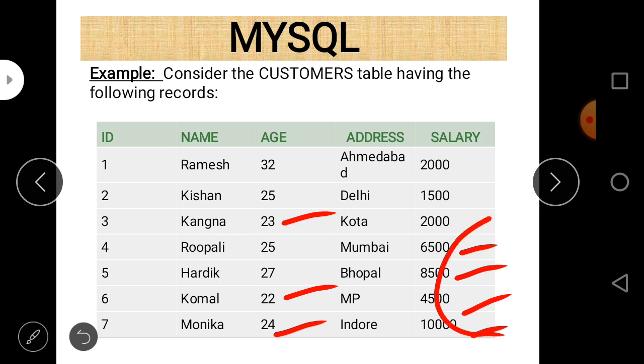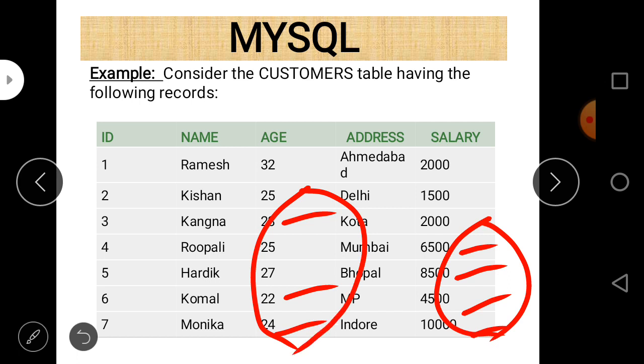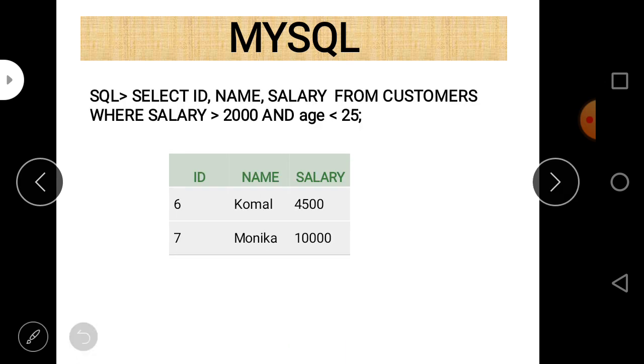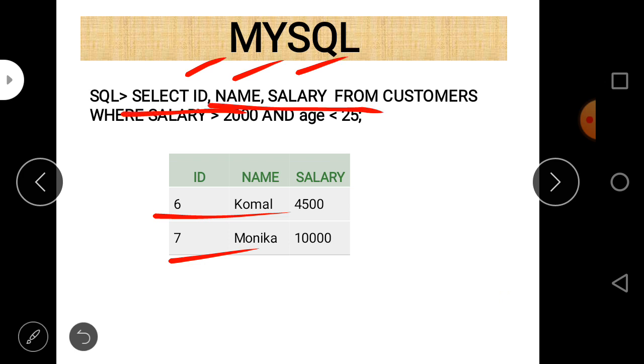According to the first condition these 4 rows will be selected, and according to the second condition these 3 rows will be selected, and among these only 6 and 7, these 2 rows, are common. So only these 2 records will be printed. And among these records, data related to ID, name, and salary will be printed, because here we wrote select ID, name, and salary.